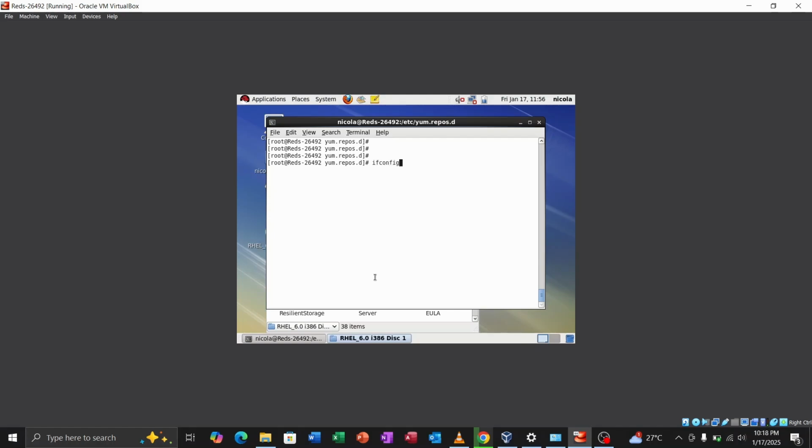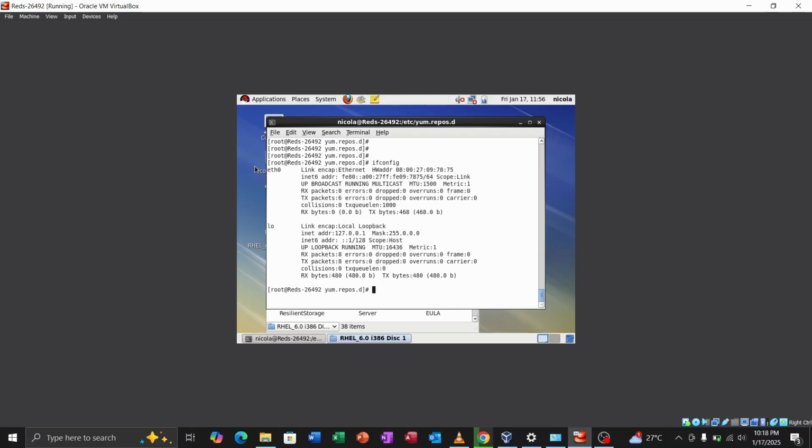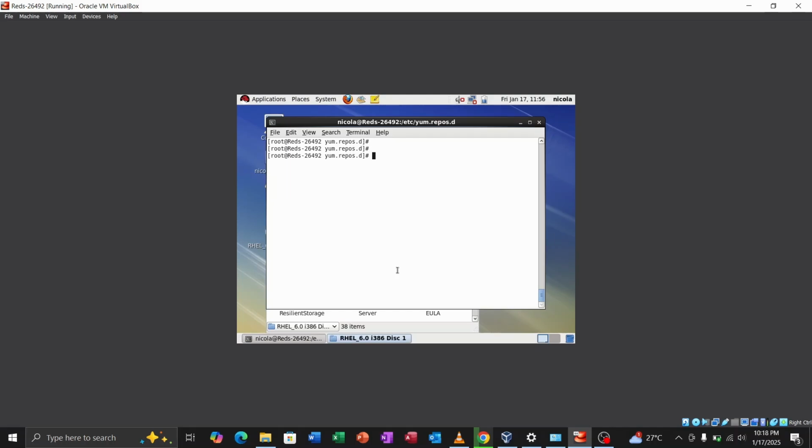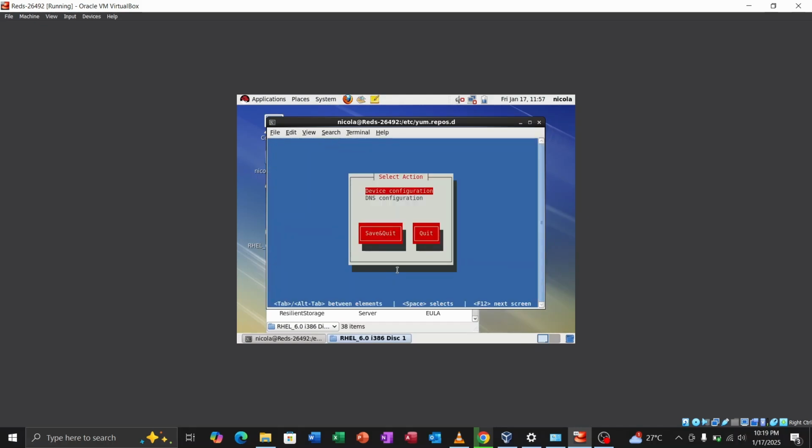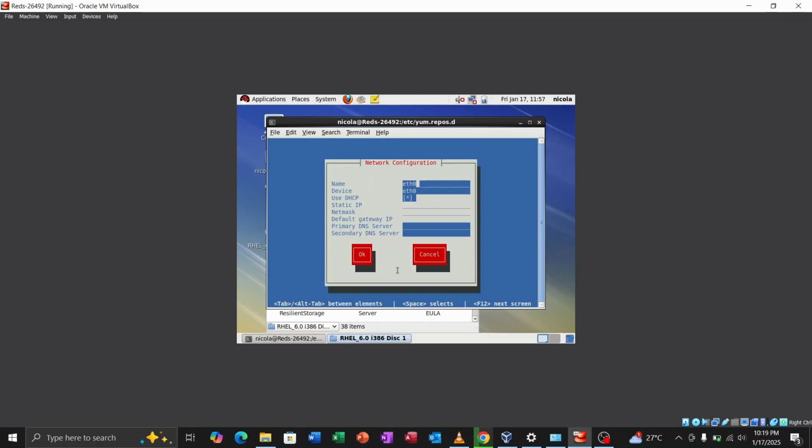ifconfig. When I do this, you see Ethernet is not having any IP address. Okay, what I have to do, let me clear. I type system-config-network-tui. Okay, I have to enter, so it is here. You bring it down, and when you get it, you type space. Okay, and 192.168.10.20